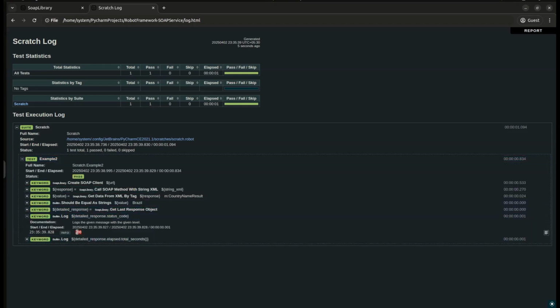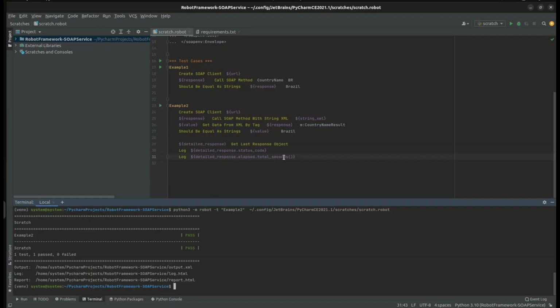Okay, the 200 we have received, and how much time it has taken. It has taken 0.26 seconds, lesser than 1 second. And then we have got the data. Now we can add the validation conditions here. So first I'll say should be equal as numbers, and then I'll check the status code is equal to 200,